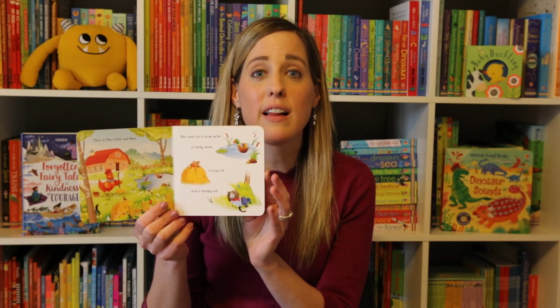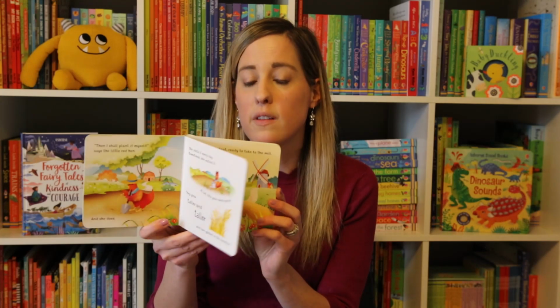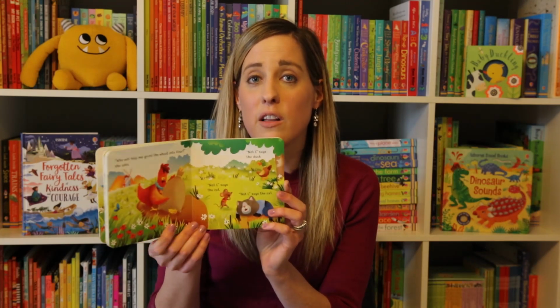So let's start with the little ones. We have Usborne Little Board Books, The Little Red Hen. This is our board book series that just has all the classic stories like Goldilocks and the Three Little Pigs. And this is our newest, The Little Red Hen. I love the illustrations in these, but the size is perfect to fit in your purse on the go. And then they also have a QR code reader on the back so you can listen to the story as